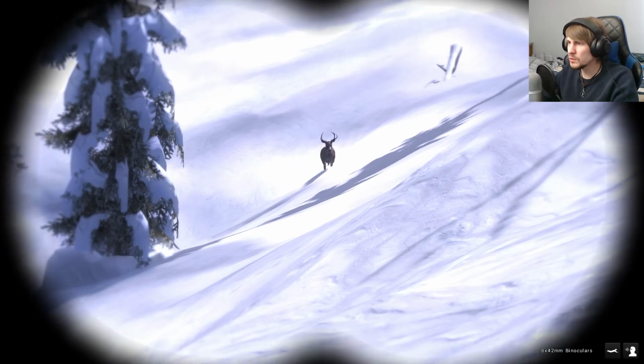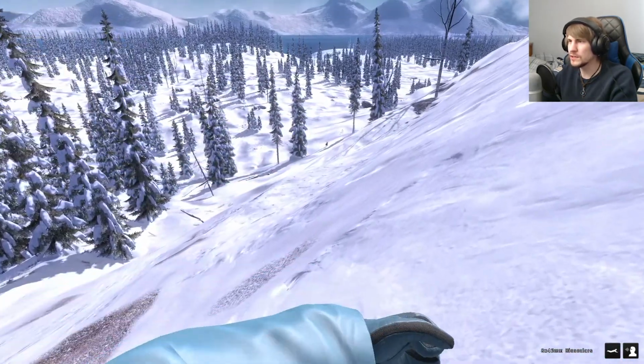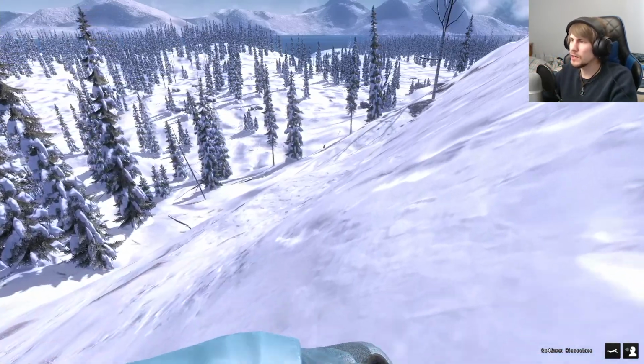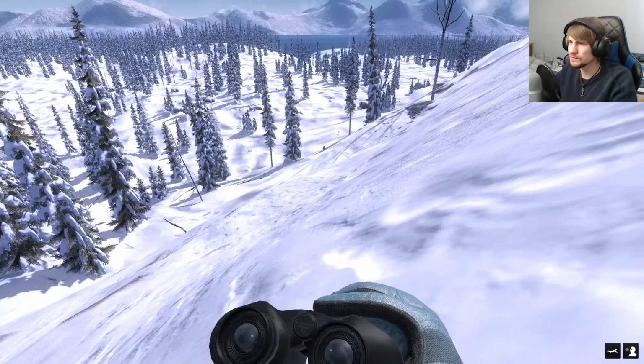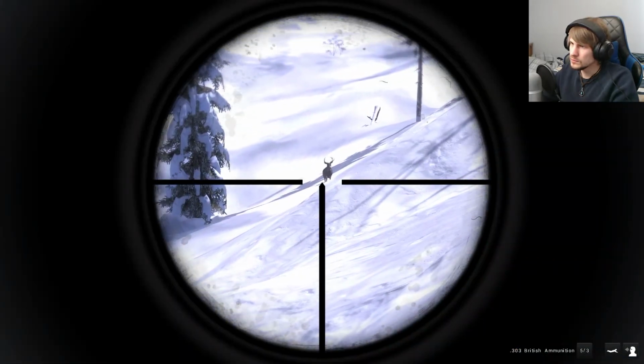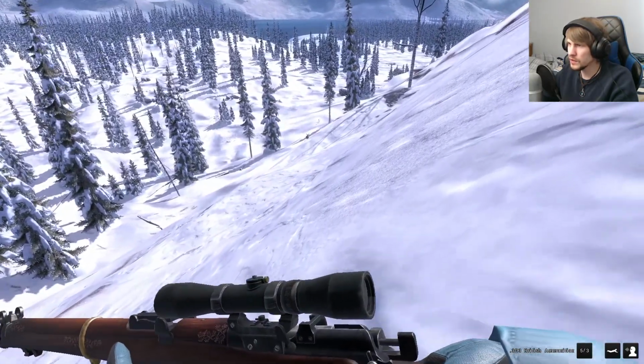No, actually, it kind of looks more like a mule deer with the antlers. I know that was one of the pieces of advice to look for: if they look more like a mule deer for the antler configuration, they might be a bit better scoring. Yeah, it's not a great zoom, so we'll have to try to...